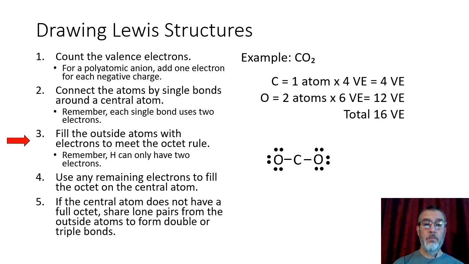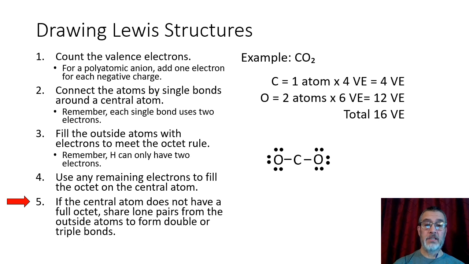So if it says use any remaining electrons to fill the octet on the central atom, I don't have any remaining electrons. So now I have a problem because carbon only is associated now with 4 electrons and it needs an octet of 8. So now we're going to use step 5 that says if the central atom does not have a full octet, what I'm going to do is share lone pairs from the outside atoms to form double